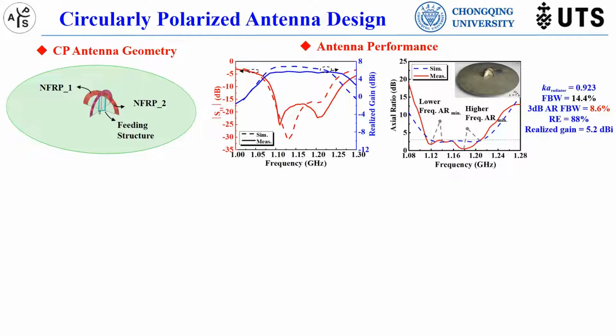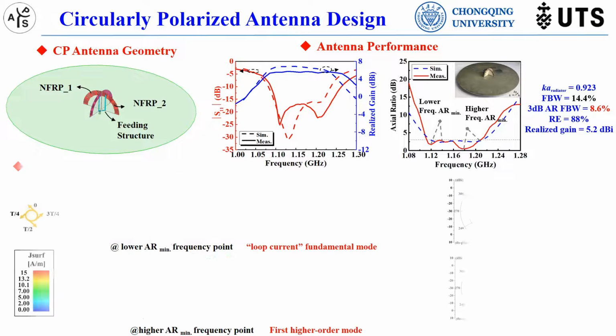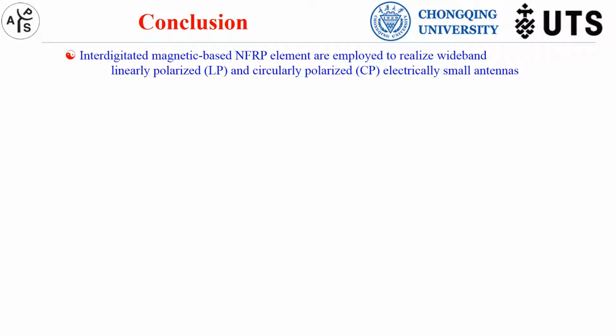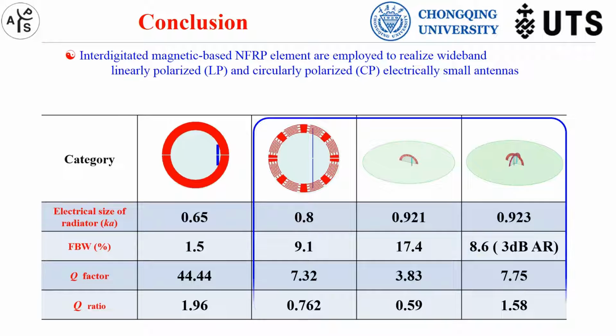This electrically small circularly polarized antenna has a wide 3 dB axial ratio bandwidth of 8.6% and a high 88% radiation efficiency. The surface currents are also plotted to confirm the fundamental loop current mode and the same antiphase first higher order mode behavior. In summary, interdigitated magnetic-based near-field resonant parasitic elements were utilized to realize several wideband, highly efficient,